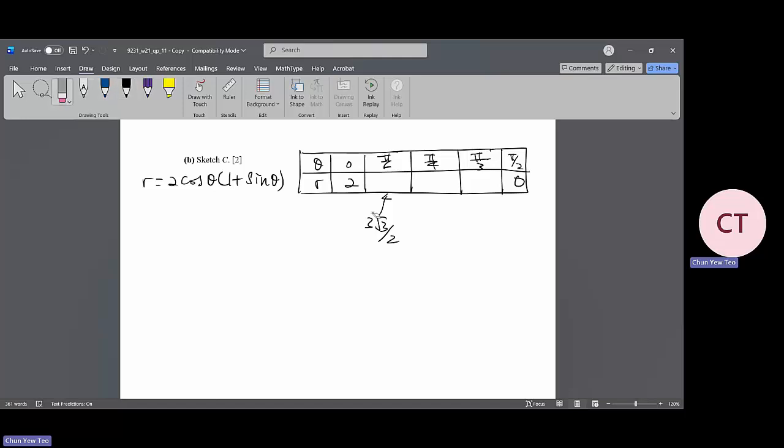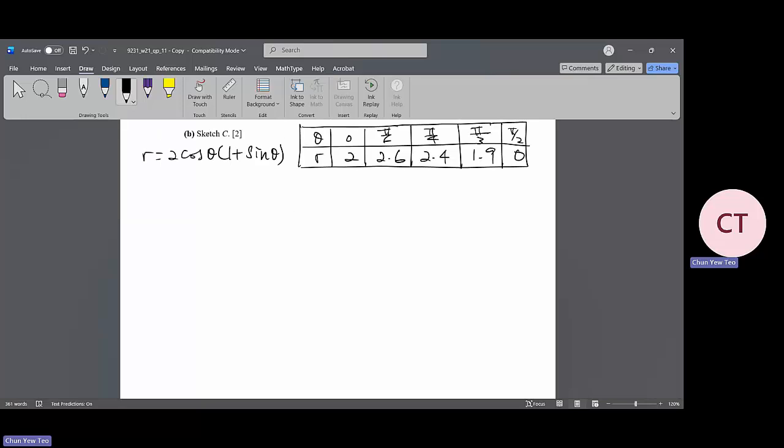But it's not useful over here when we want to plot the graph, so we need to convert them to decimal. If you convert them to decimal in 1 decimal place, you get 2.6. That will be 2.4. This one will be a 1.9. So just use your calculator to help you get the answer. Okay, so right here, once you have all the values,